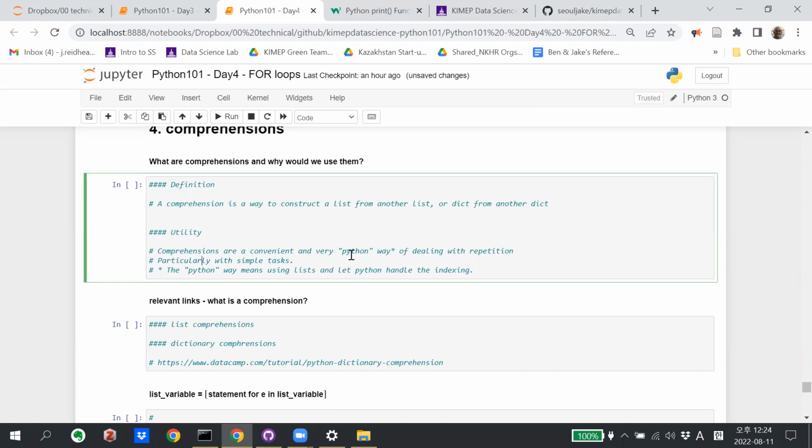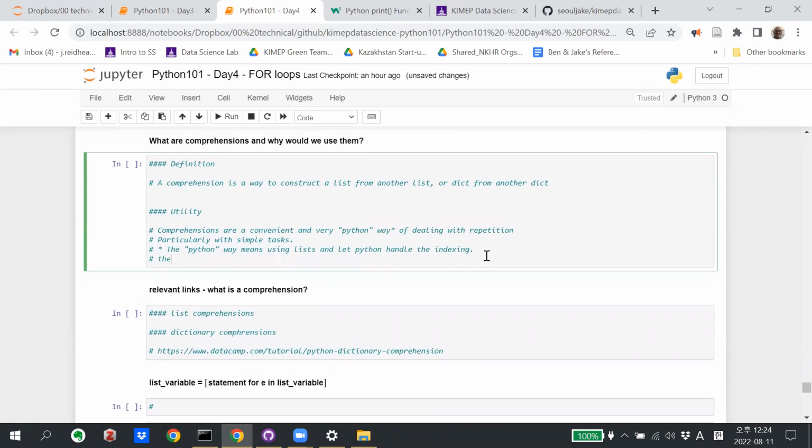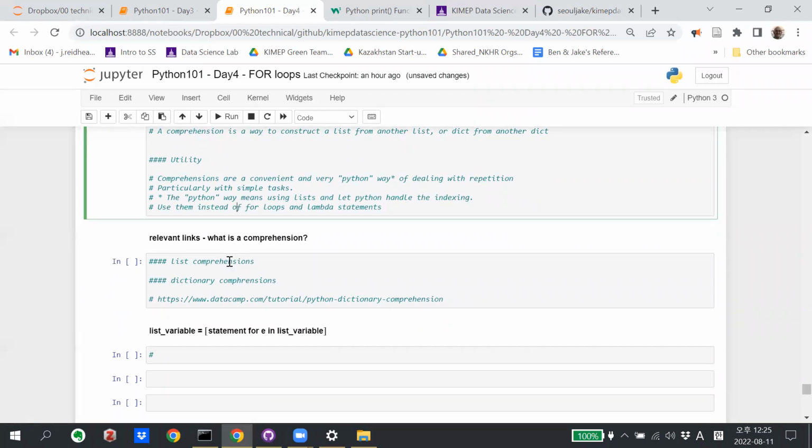Comprehensions are a convenient and very Pythonic way of dealing with repetition, particularly with simple tasks. We can use them instead of for loops and lambda statements. I'm not going to talk about lambda statements today, but